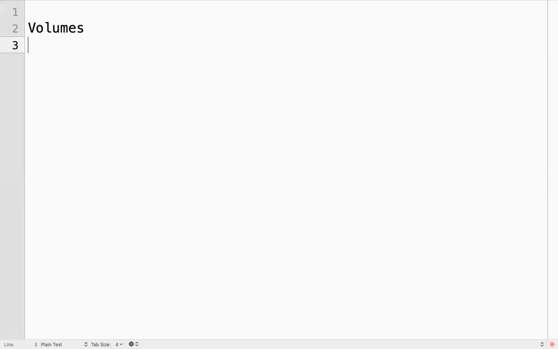So we can use volumes with our pod containers. If you don't use volumes, the state of the container file system will be lost when the container is deleted, rescheduled or recreated.